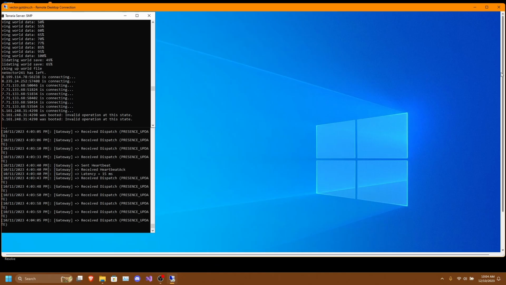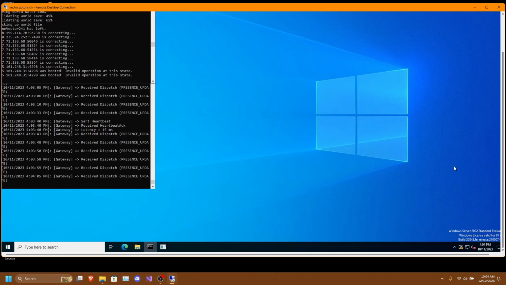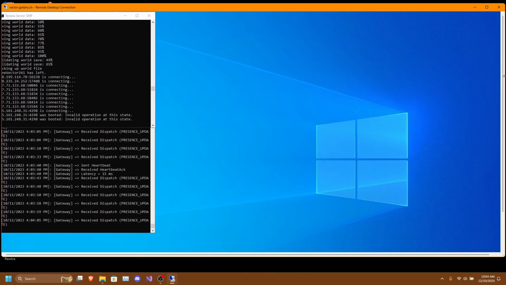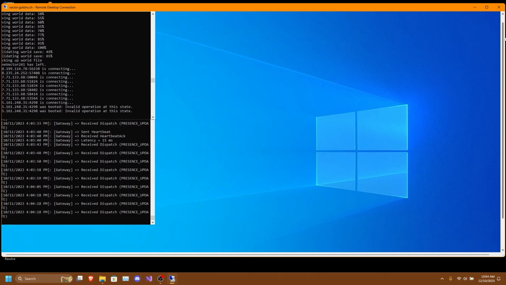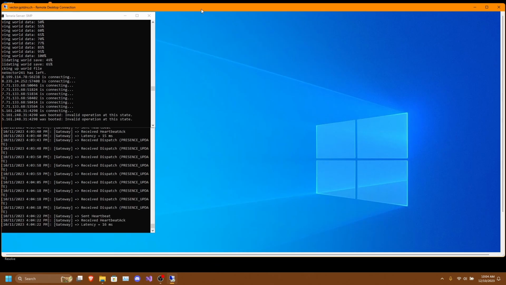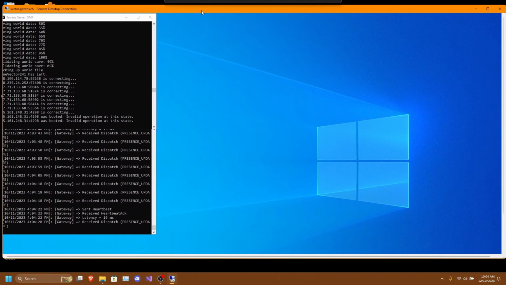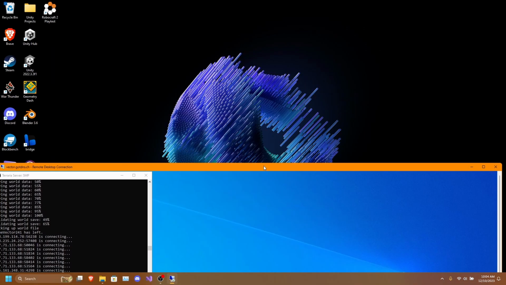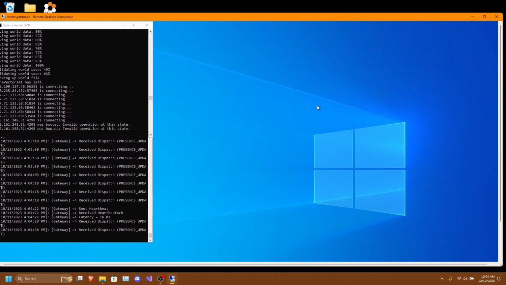So, first thing that you want to do is to actually get a VPS server or any sort of server that can run Voicecraft. Now, in my case, I'm using a Windows Server 2022 VPS. Now, everything that I do on this screen is on the server, and this is not actually on my computer, which is in the background. So everything that I do on here will not be on my computer. This will be on the server.